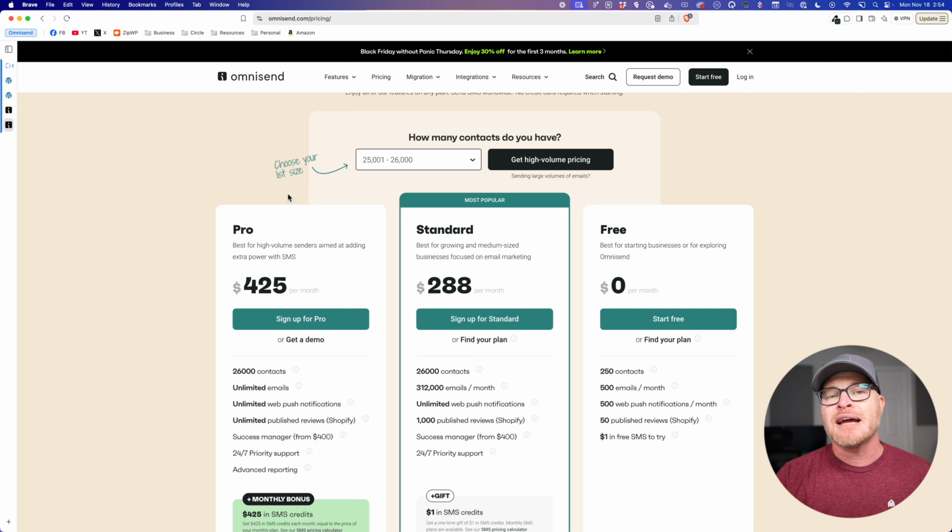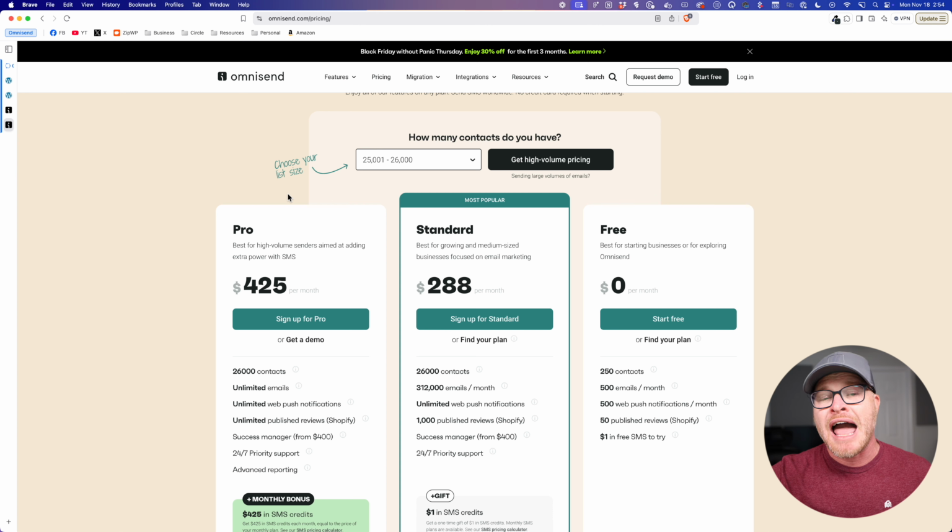You've got to decide based on things like deliverability of the emails, the actual workflows, because you're going to be working in this tool and you don't want to hate your life. You want to enjoy life when you're working in these tools. So is it an enjoyable experience? Is it a clean experience? Is it easy to understand? Are you getting lost in it or not getting lost in it?